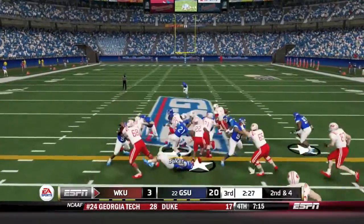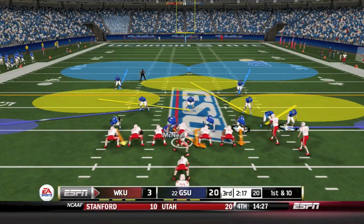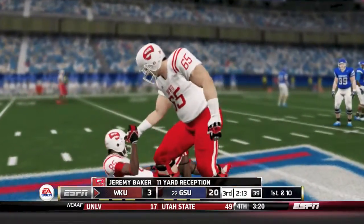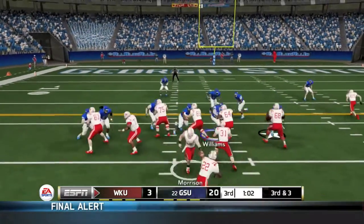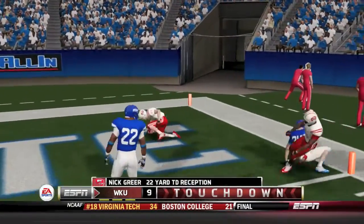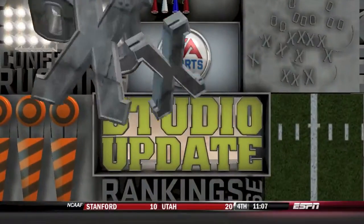Now up 20-3 as this 2nd and 4 handoff goes to Jeremy Baker. He gets the first down but fumbles in the process, but they hang on. 1st and 10 now for the Hilltoppers. Morrison dumps it off to Baker again, and he is hit hard on that play, but gains 11 and a first down. 3rd and 3 now later in the drive. A fake handoff and a pass downfield now to Greer, and Greer is into the end zone. 22 yards on the pass and catch to Nick Greer from Brady Morrison, and Western Kentucky is now within 10